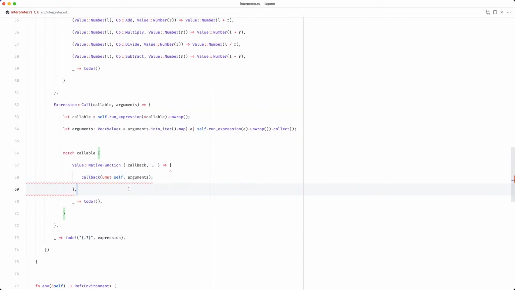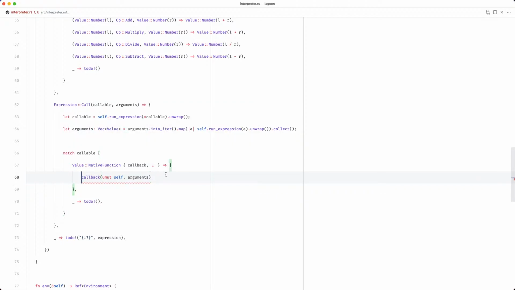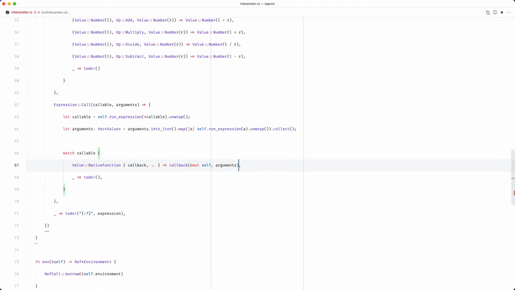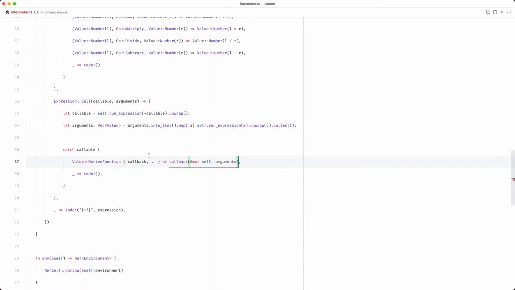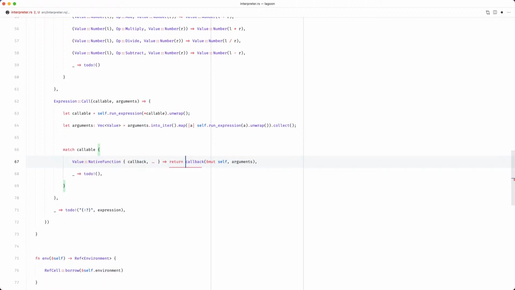What is the problem here? Expected enum. Yep, there we go. Expected enum environment value. Oh, right, okay, because we can just return that directly and just pass in self, because self is already a mutable reference, so we can just pass that straight in.